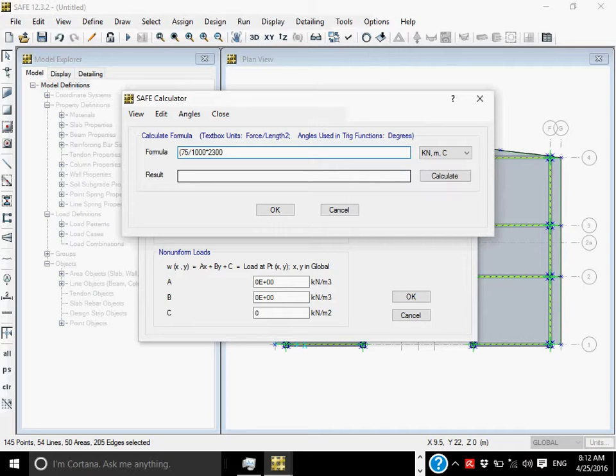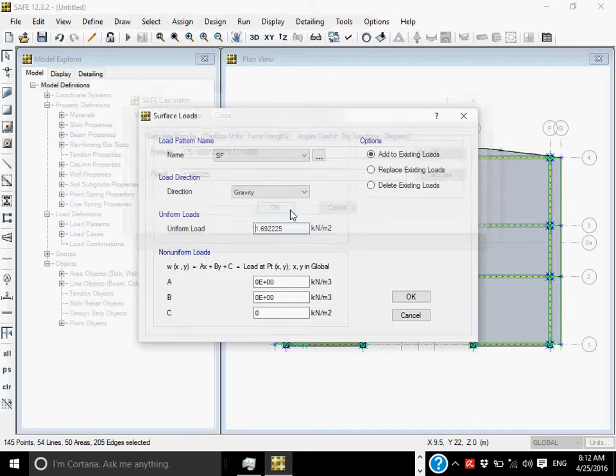Now it should be in kilonewton per square meter. To calculate, it is 1.7 kilonewton per square meter. Okay, so it will come here, 1.7, and click it.